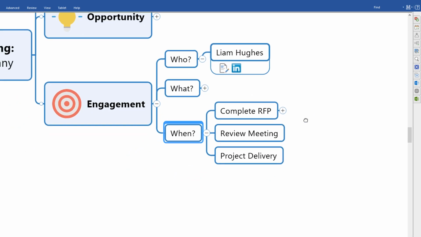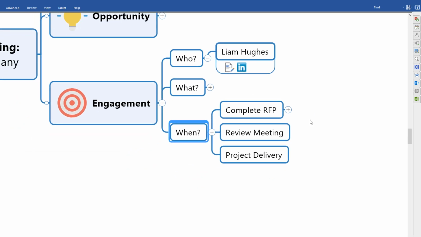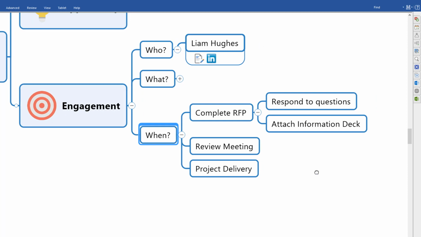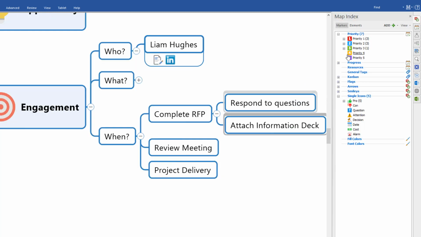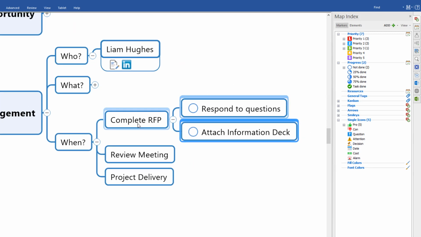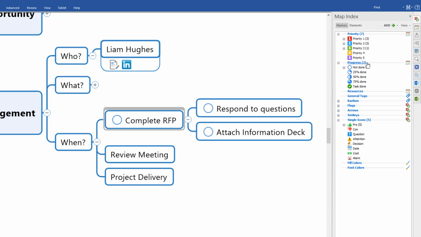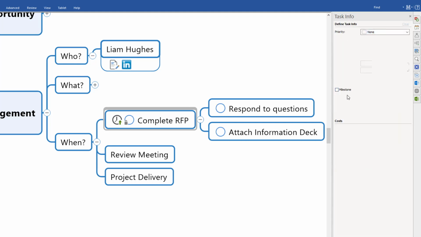So this is where we might start to leverage some of the kind of task information aspects of mind mapping software. So let's say, for example, we've got 3 simple steps in theory for this sales process. We've got a process to complete a request for a proposal, which involves responding to questions and attaching information. We've then got a review meeting, and then we've got a project delivery. So we can use the software to do a few things here. We can start to identify these as tasks. So we've got to complete the questions and attach information deck. So that would then roll up into our completion of the RFP, and we can actually tell the software to